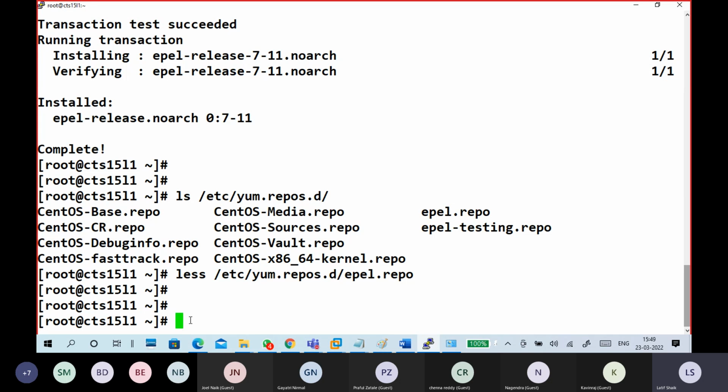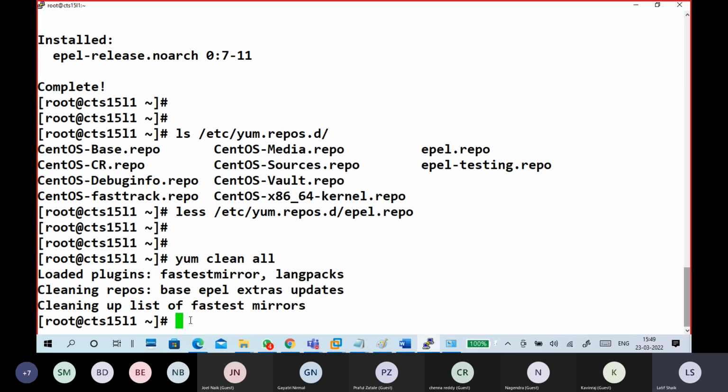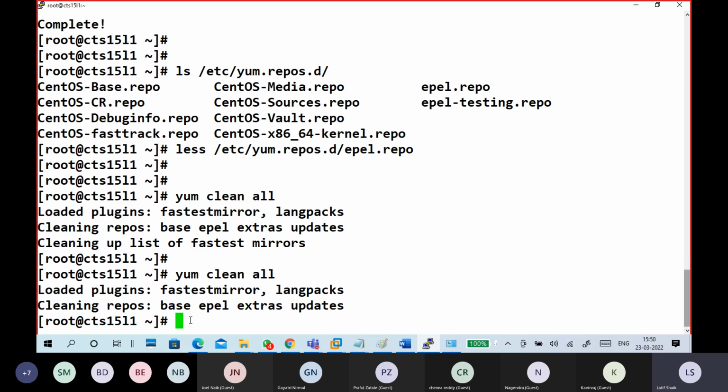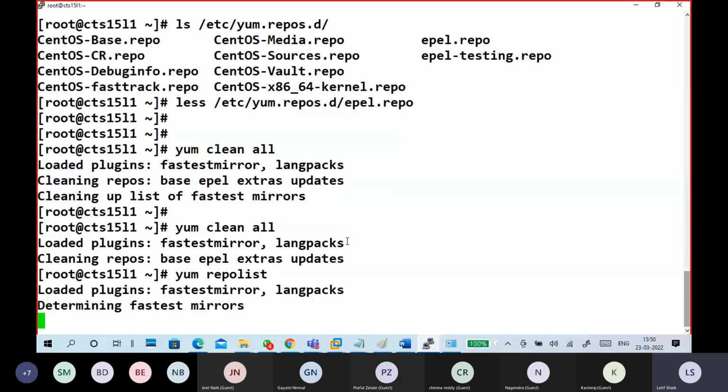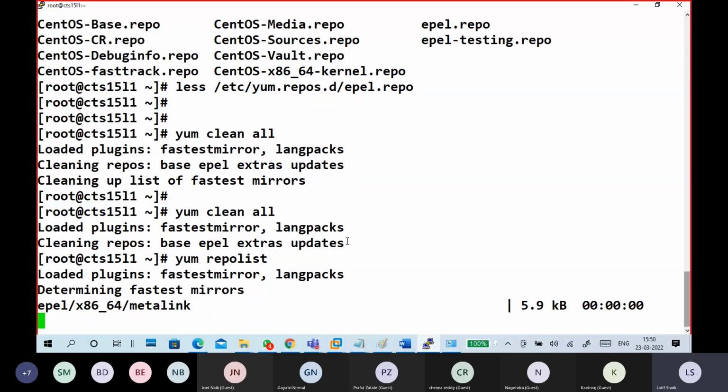Now what I'm going to do is again yum clean all, and then yum repolist. Now the old ones will be loaded, that we know, but this new epel.repo also will be loaded. So a new database is also loaded.